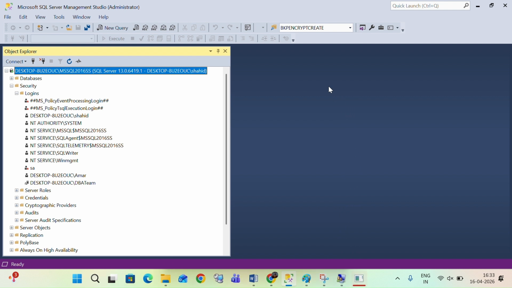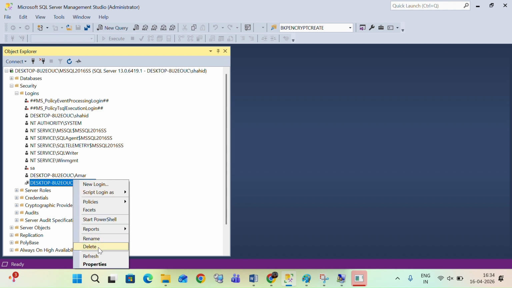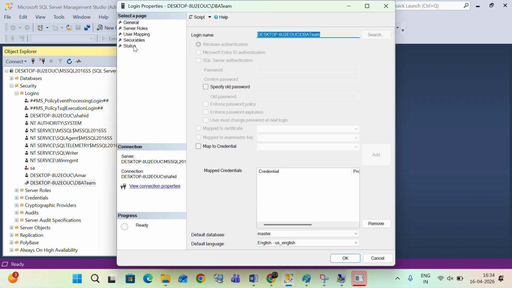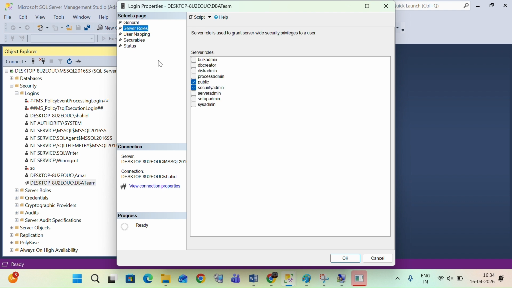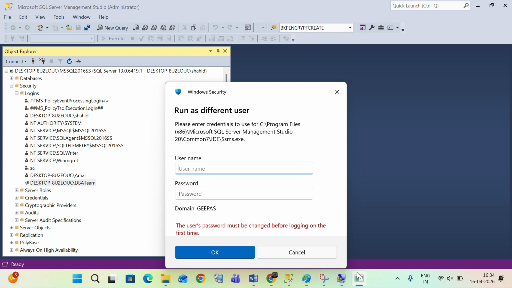So what I am going to explain is that Amar, with DB creator, can create or alter a database. Amar is part of the DBA team as well, so in properties for the DBA team, in server roles, I give security admin again. As we see, Amar is an individual user; he has DB creator and also this security admin. If Amar will be part of built-in administrator and he'll be having